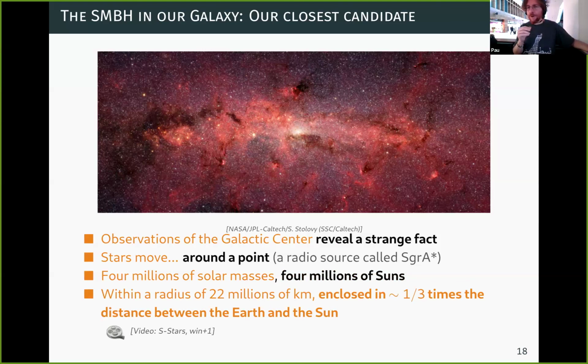Now, this very much looks like a general relativity supermassive black hole. There is some room for errors, but it looks very much like a supermassive black hole. But in reality, all of the information that we have is that there is a very deep potential well over there, and the stars are moving around it. So we don't know anything about its nature. We cannot run no-hair theorem tests, etc., because we are still too far away.